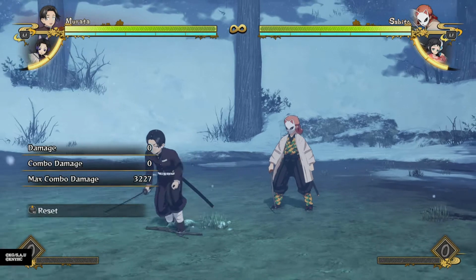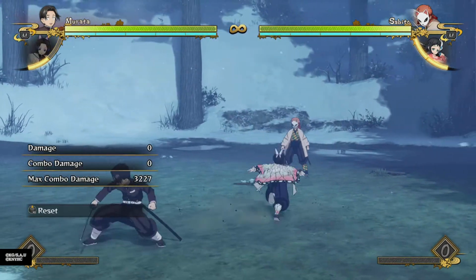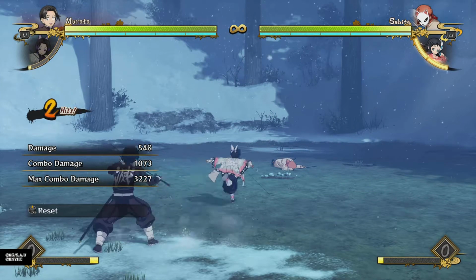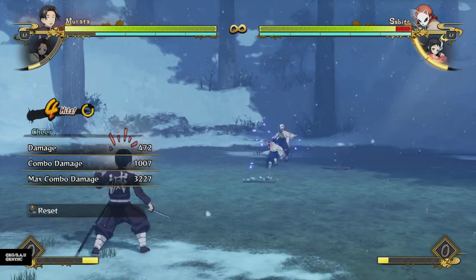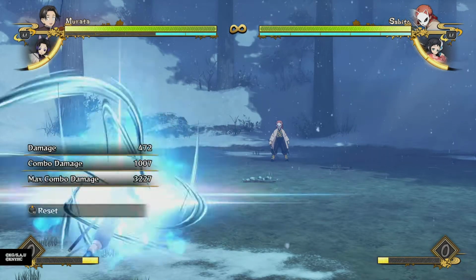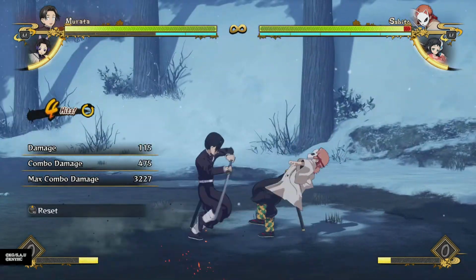So, Murata overall as a character is very strange. He has this unique special move where basically he charges the special move gauge by cheering your support on. Not your special move gauge, your support gauge. And it charges it really quickly, and this can have a lot of uses, whether you want to be able